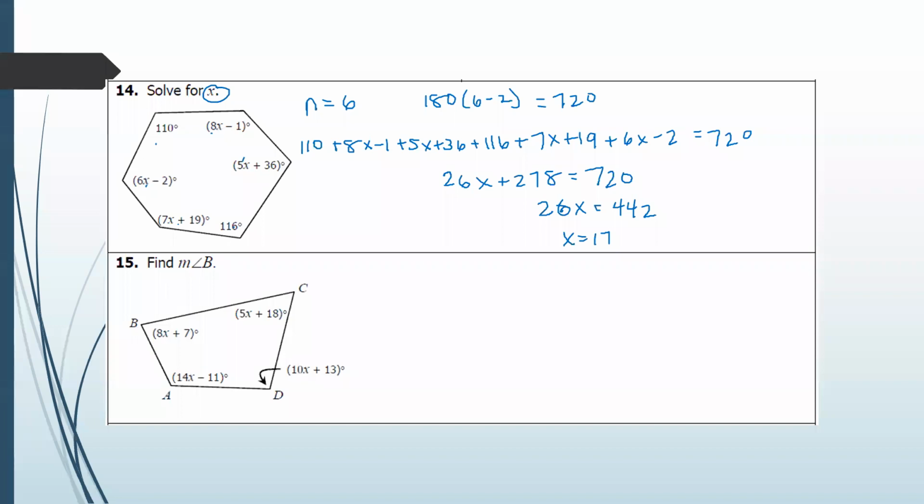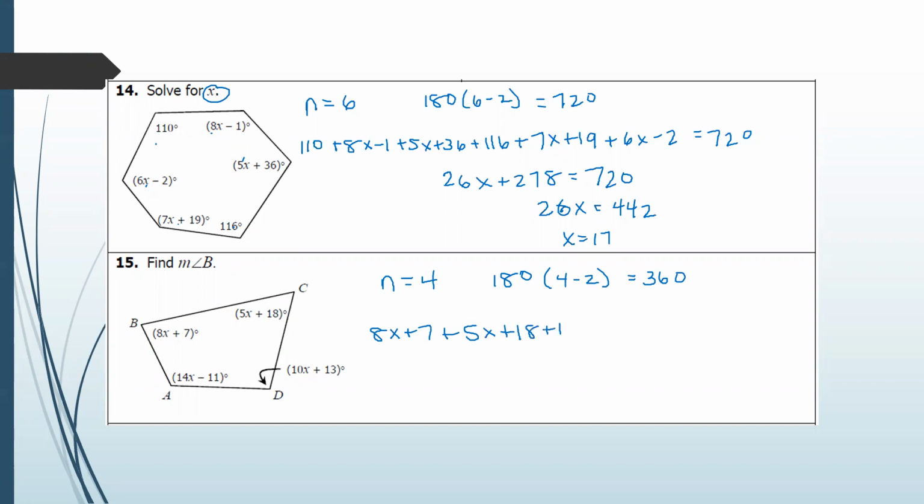Okay, so n is 4. It has 4 sides, or 4 angles. So the sum of the interior angles is 180 times (4 minus 2), or 360. And when I add the 4 angles together, 8x plus 7, 5x plus 18,